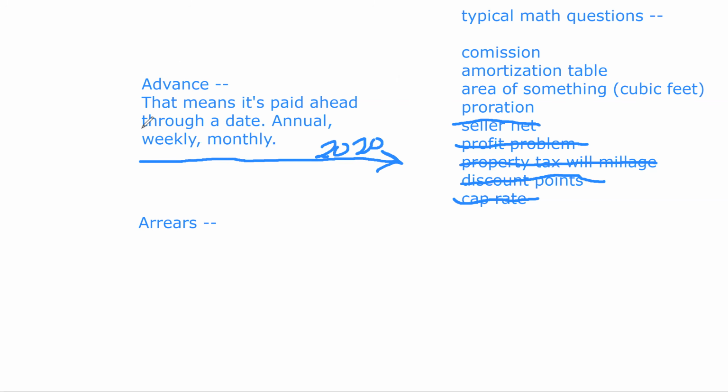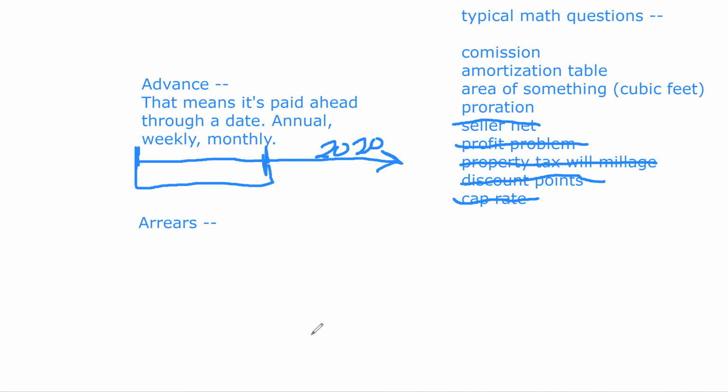2020 is there. The seller paid for it here through that whole time. So what happens is, pick a date, any date, I don't care what it is. Let's say they close there. Whatever that date is, the seller is responsible for this time, unless the question states otherwise, okay? Unless the question states otherwise,